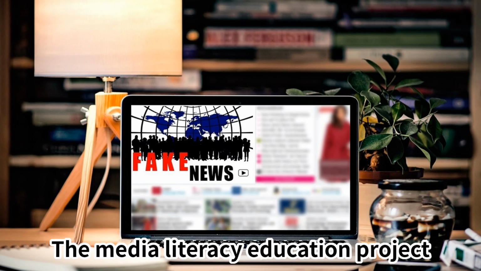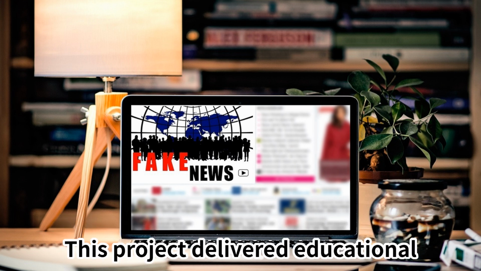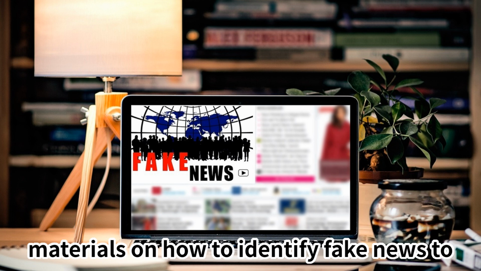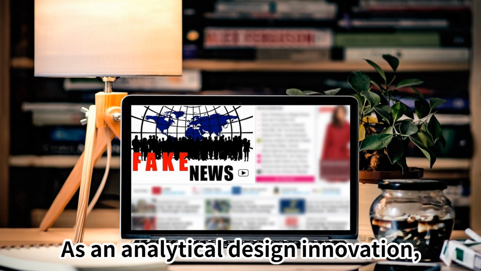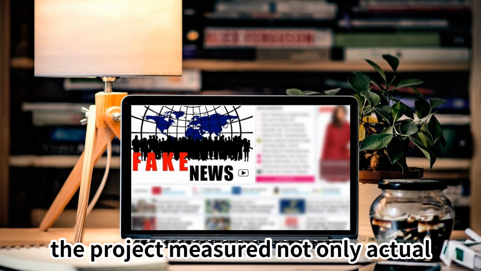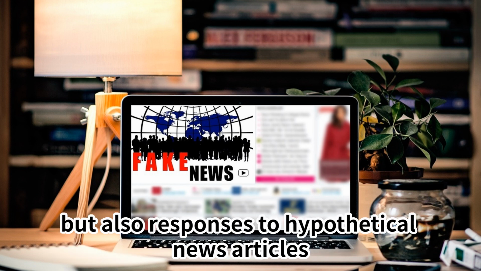The Media Literacy Education Project in Kenya also employed innovative analysis design. This project delivered educational materials on how to identify fake news to middle school students and measured its effectiveness. As an analytical design innovation, the project measured not only actual misinformation sharing behavior on social media, but also responses